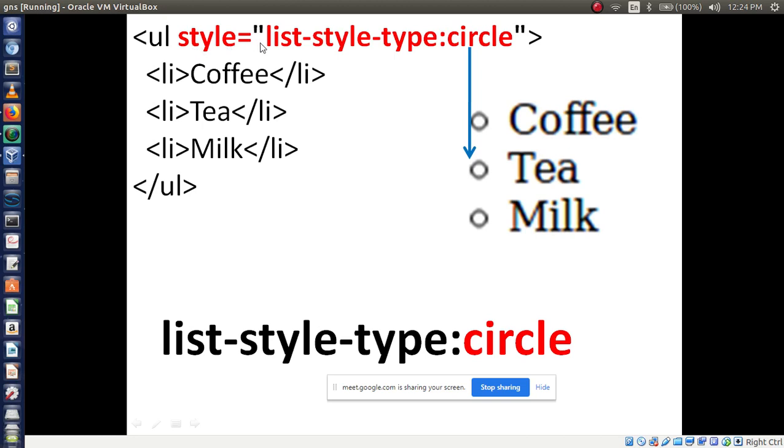Here we are writing attribute. What kind of attribute? It is style equal to double quotes list-style-type colon circle. List style type means, what should it display, in which style? Circle type. Are you writing this code?